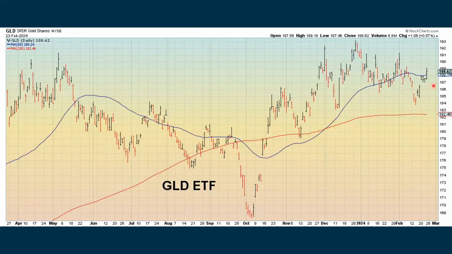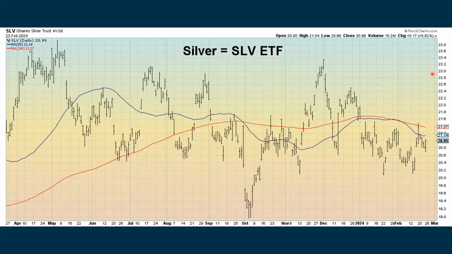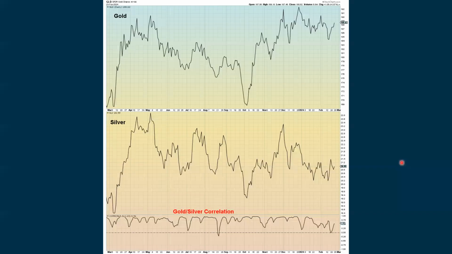Gold continues to be in an uptrend, and after really coming back, was able to get back above its 50-day moving average in Friday's session. Silver continues to be in a downtrend, and we also do some gold and silver studies here. This is the closing price of gold on top, the closing price for silver. Then we look at the correlation between the two, and it is starting to get stronger after it had been